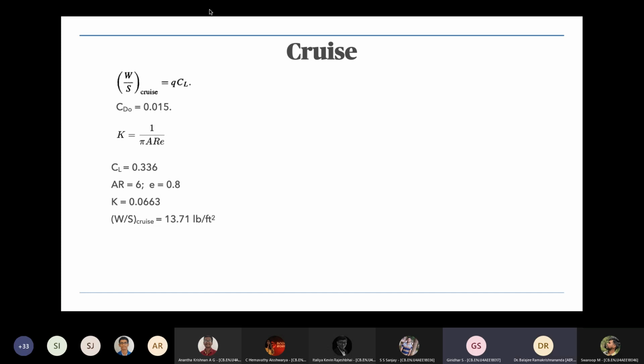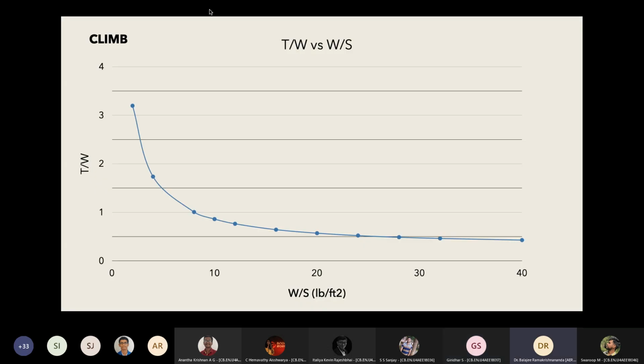So this is a cruise. Now, wait. Is the region above that feasible or below that feasible? Below, sir. See, what is this climb rate? 500 meter per minute, correct? Yes. Now, is 400 meter per minute acceptable? No, no. You need at least 500 meter per minute, correct? Yes. So you plot for 400 and 600.